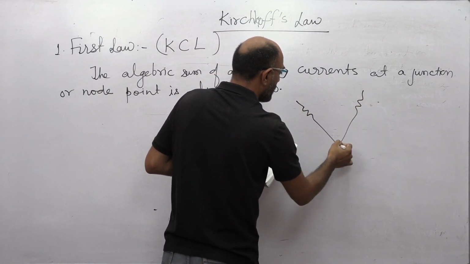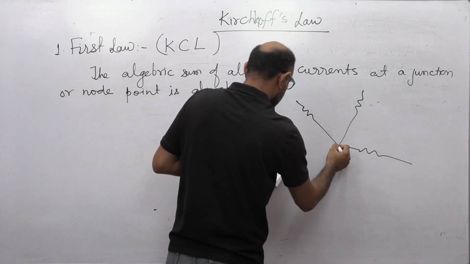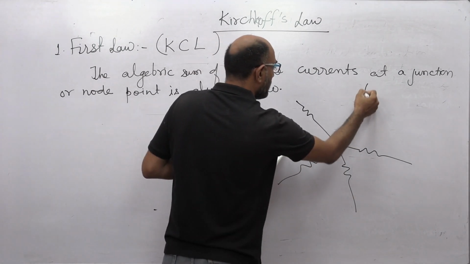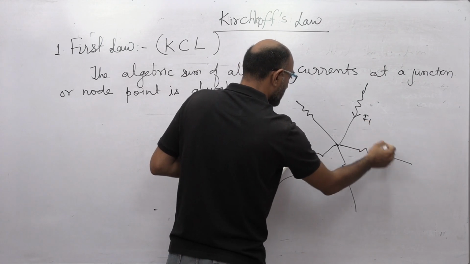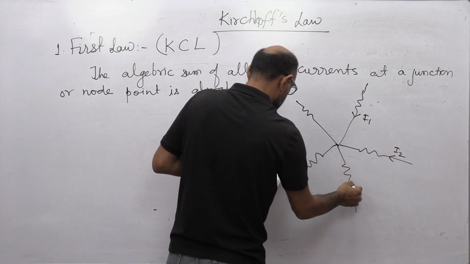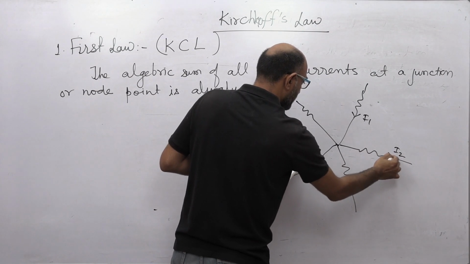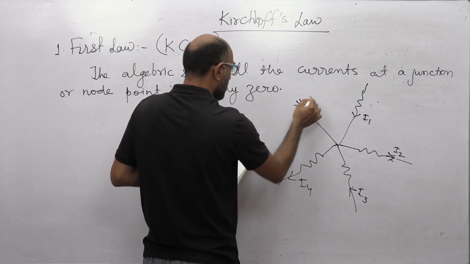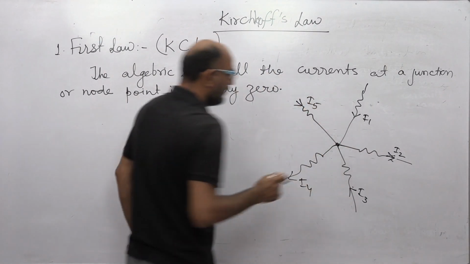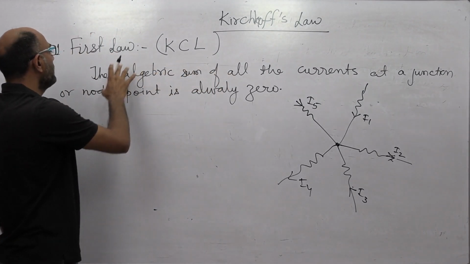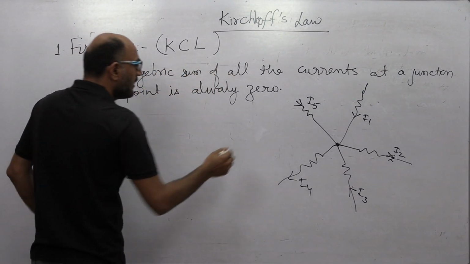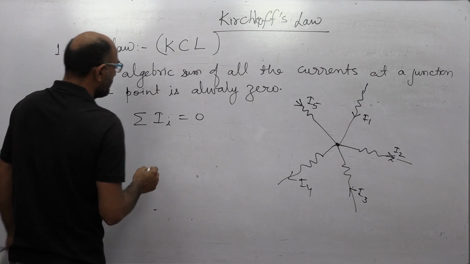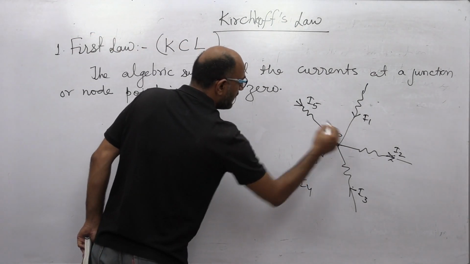Suppose here is a complex combination of the different resistances. Here is current entering I1. Here is I2. Sorry, I2 is leaving. I3, I4 and I5. And here is this node, for which we are talking in this definition, the node or junction point, right? So for this junction, what we can write is summation of I equal to 0 for this node point P,